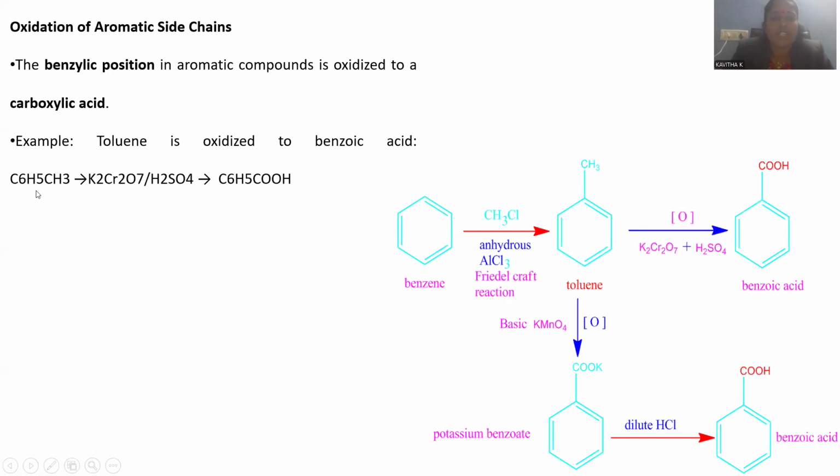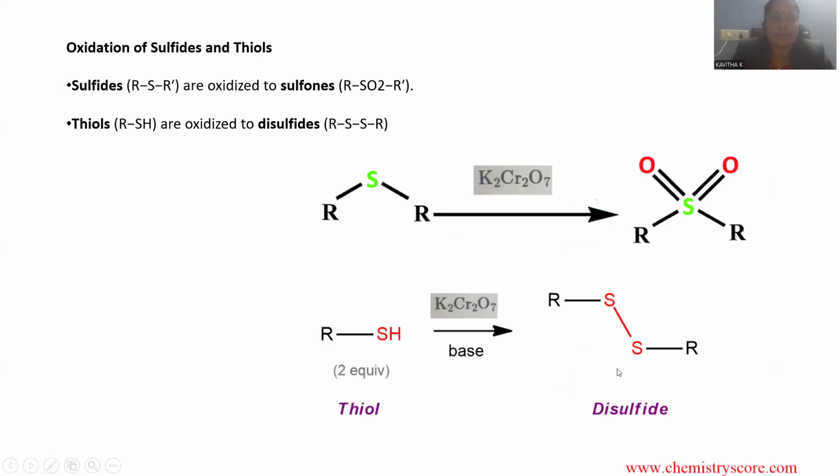And I'm going to treat this kind of toluene molecule. This is a toluene I'm going to oxidize by means of K2Cr2O7. Whatever side chain we have, this methyl can be transformed into a carboxylic acid, which is called a benzoic acid. Benzoic acid will be generated. The reaction is similar to the potassium permanganate oxidation. Both are resembling each other.